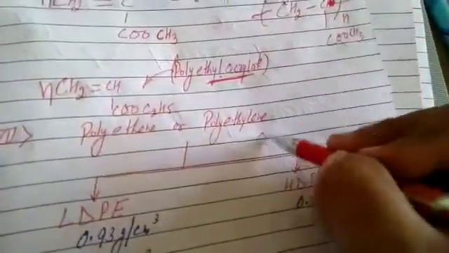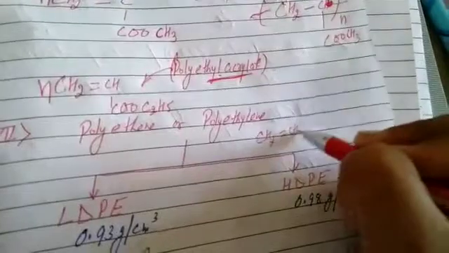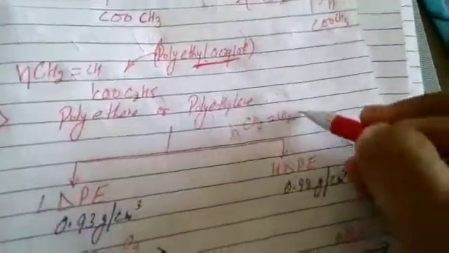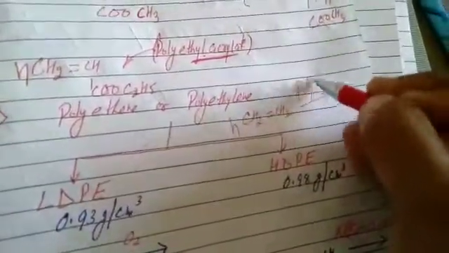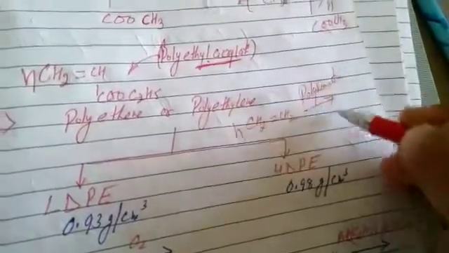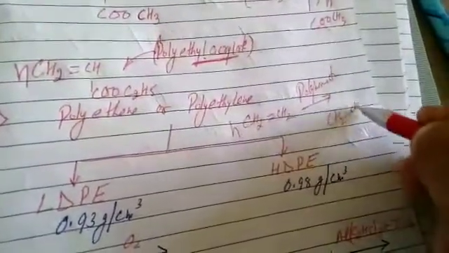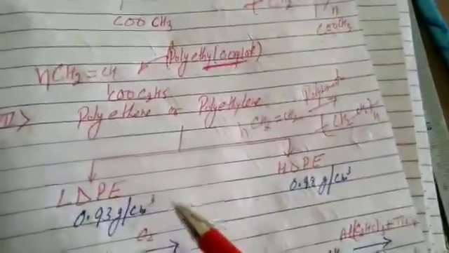The equation is same. Monomer is ethene, CH2=CH2. When we do polymerization in it, all are addition polymers because they contain unsaturation. Unsaturation dissociates, link expands on both sides. How many times? n times. It is polyethene, but it is of two types.